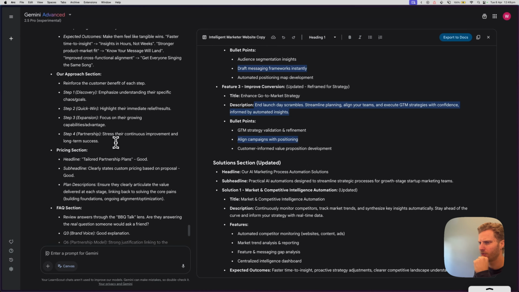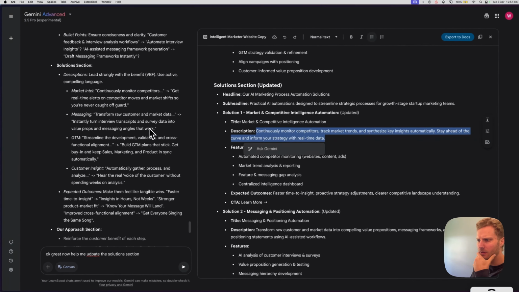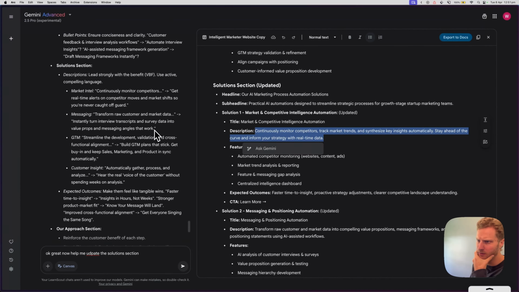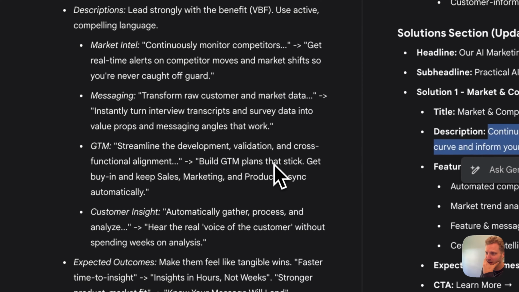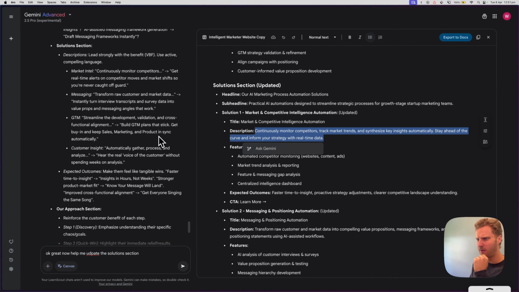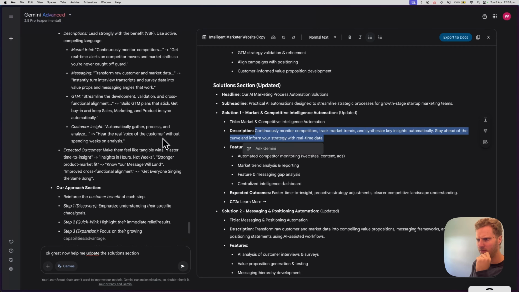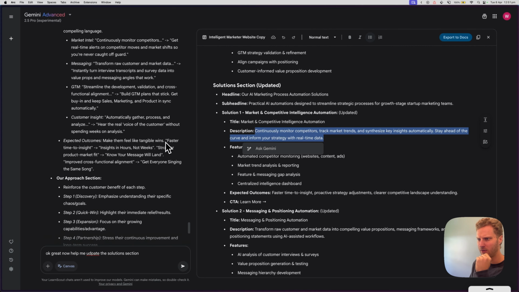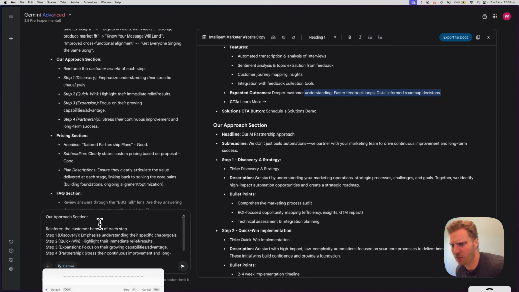Go. Solution section. "Instantly turn interview transcripts and survey data into value props and messaging angles." That's so good. "Build go-to-market plans that stick, get buy-in and keep sales and product marketing in sync automatically." "Hear the real voice of customer without spending weeks on analysis." Great. Now, can you help me make updates to the approach section to align more with everything that we've learned